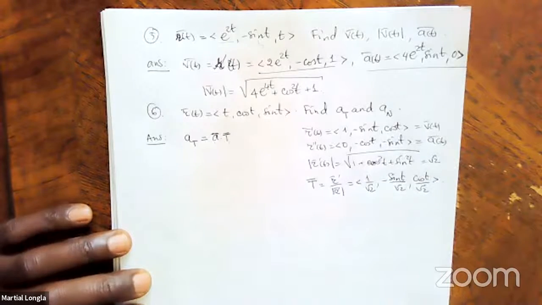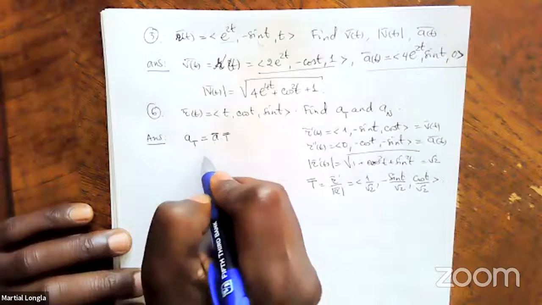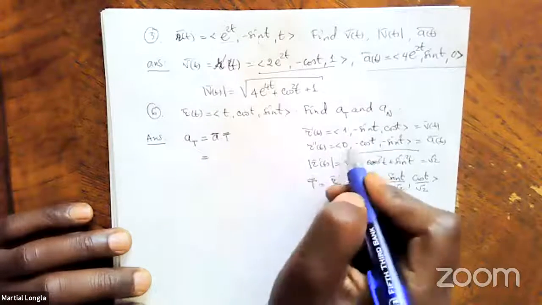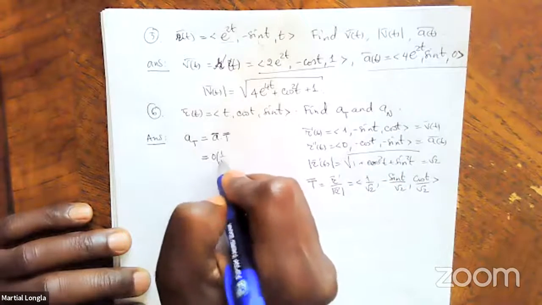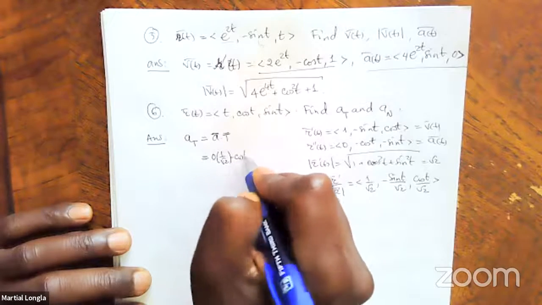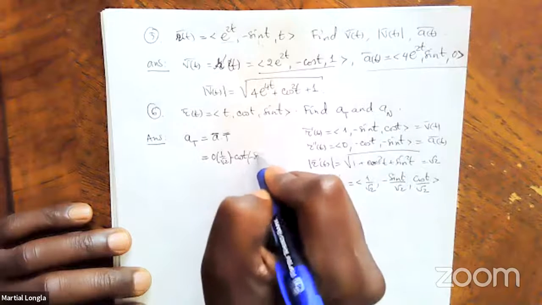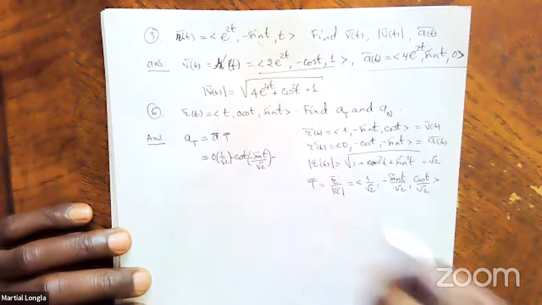So that's T, and the A is on top. So here we have A dot T equals 0 times 1 over root 2, minus cosine t times minus sine t over root 2, plus